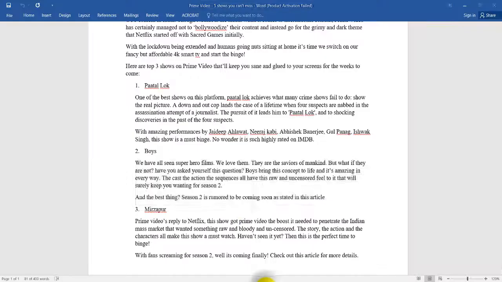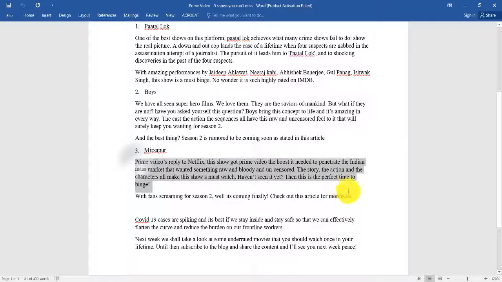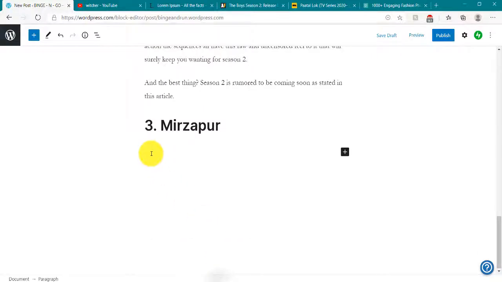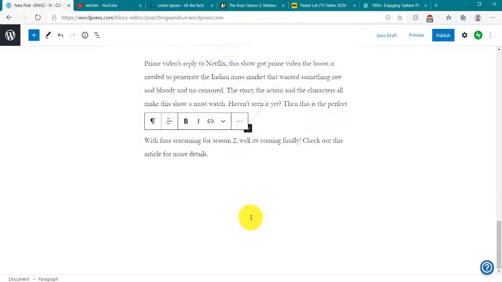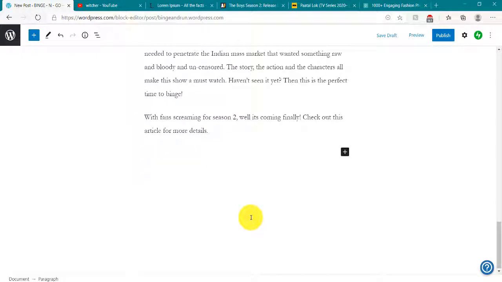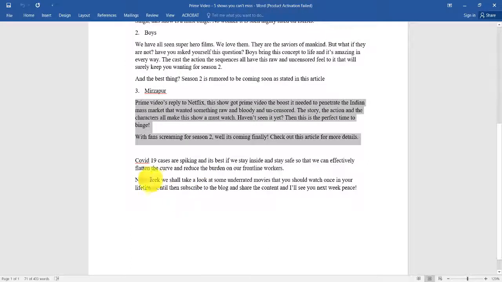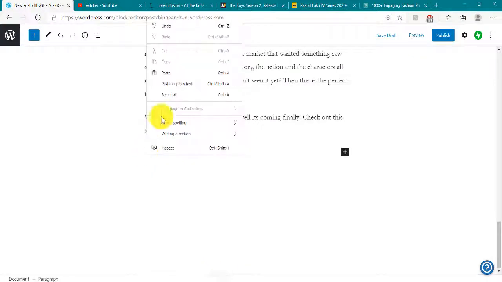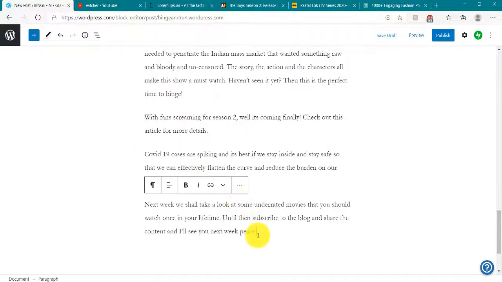Automatically it is created. Copy and paste it here. Click enter. Now we will add our last section, the call to action. Copy and paste it here, and we have created an article.